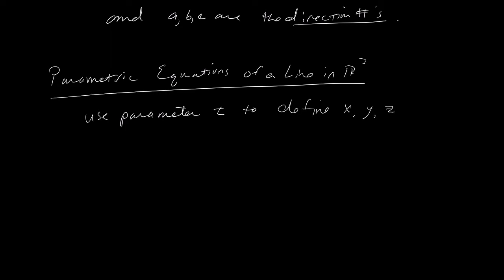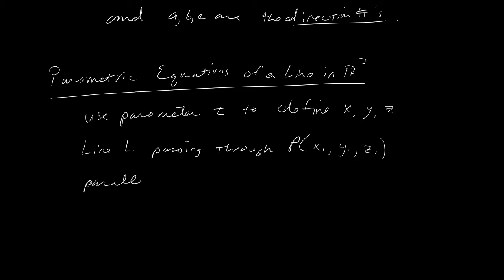Okay? So if we have line L passing through point P, which is given by x1, y1, z1, and parallel to vector v, which is ABC, then what we're going to do is use some parameter, say t,